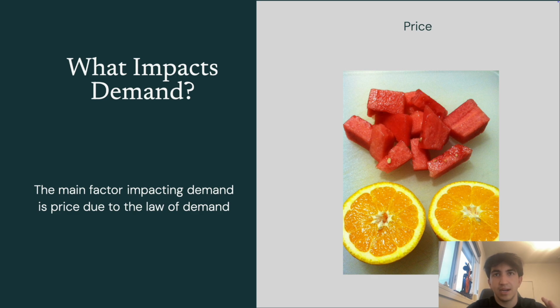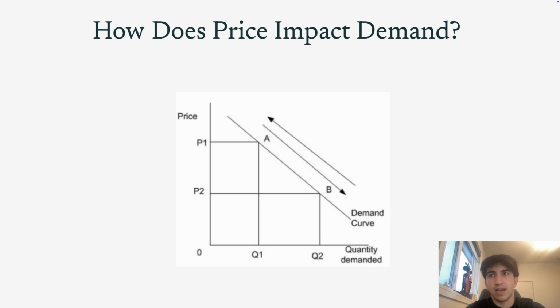Now finally, there's price, which is the main factor impacting demand. As the price of something increases, demand will decrease, and vice versa, such as the law of demand. And these impact demand by actually moving the demand point along the existing curve. So if the price increases from P2 to P1, the quantity demanded will decrease from Q2 to Q1, as seen